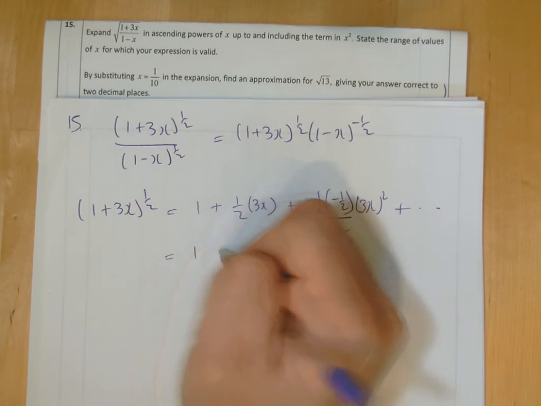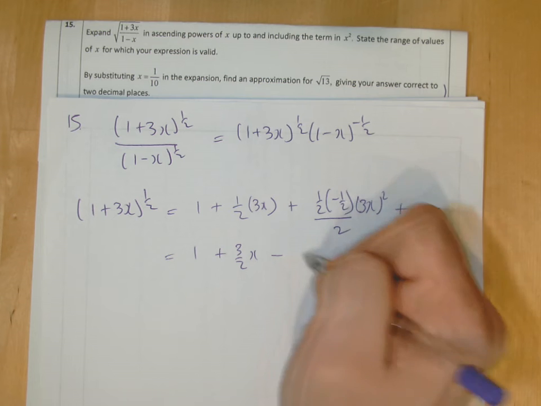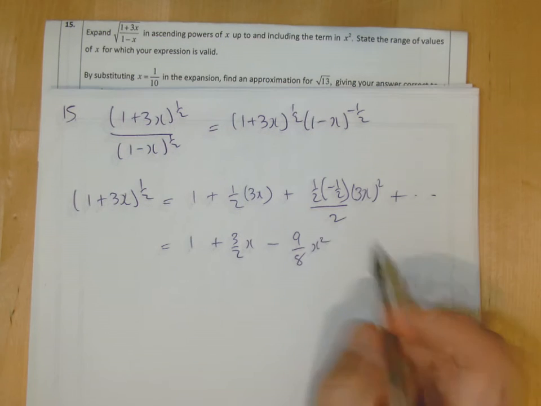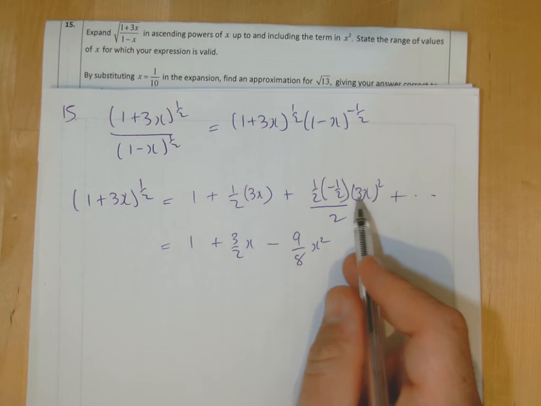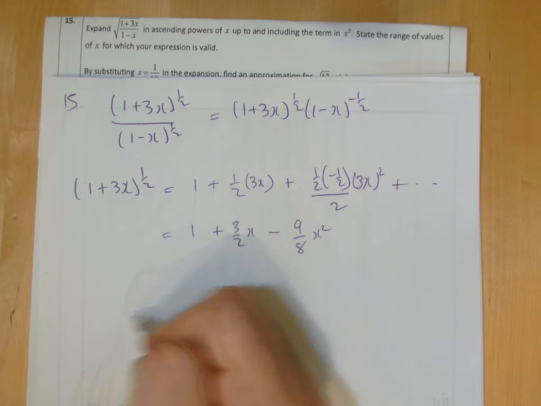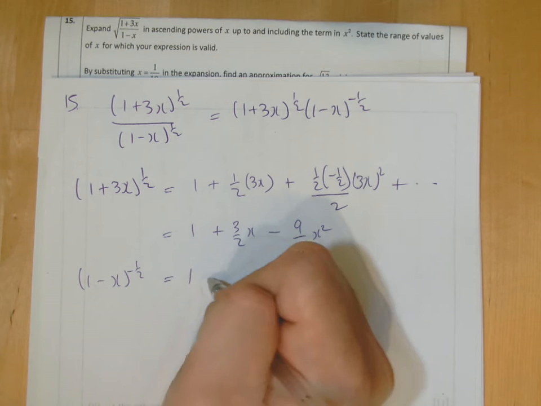So simplify this, that's 1 plus 3 over 2 x, and then minus, so we work it out, minus 9 over 8 x squared. I'm rushing this a bit, but square that is 9, and then this is 1/8 here, so 9/8. If we expand the other one, 1 minus x to the power minus a half, it'll be 1